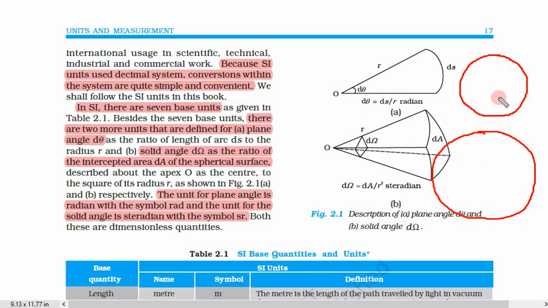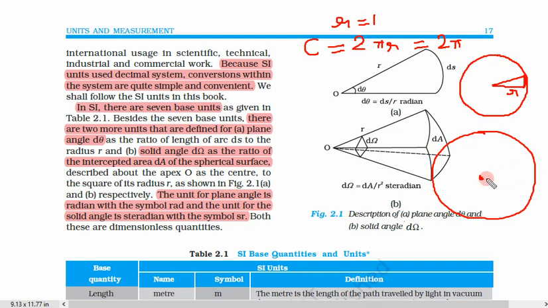So now let us see something else. We have a center here, we have a center here. Now in a circle, suppose this is the radius and this is the arc. What we did in the circle was put radius equal to 1. What is the circumference of a circle? That is simply 2 pi r. So when we put r equal to 1, we get 2 pi. So this is the total angle in radian.